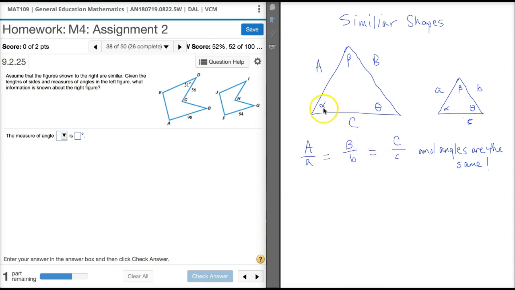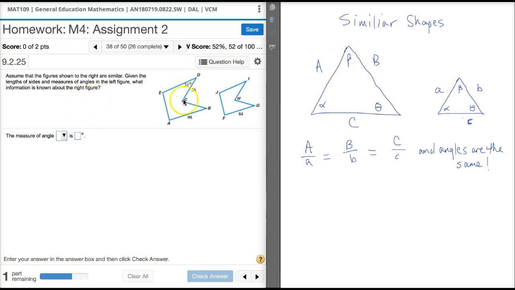We also know that the angles of the big figure, or the bigger figure, are going to be the same as the angles of the smaller figure. So in short, we say that for similar shapes, the angles created by the sides are the same, and the sides themselves are proportional to one another. Okay. So if we look at our figure here,